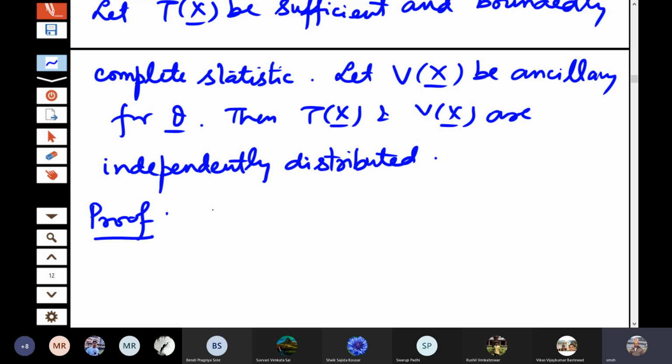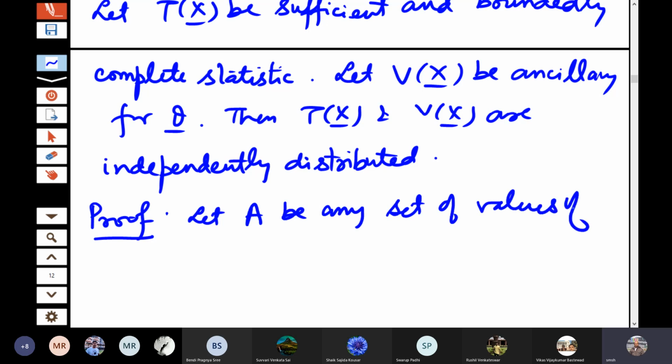Okay, so let us consider, let A be any set of values of Vx. Vx takes values in some space, and let A be any set there. So we have to actually prove that V is having a distribution independent of theta, so that is given to us. So I have to make use of that. That means we must use this information